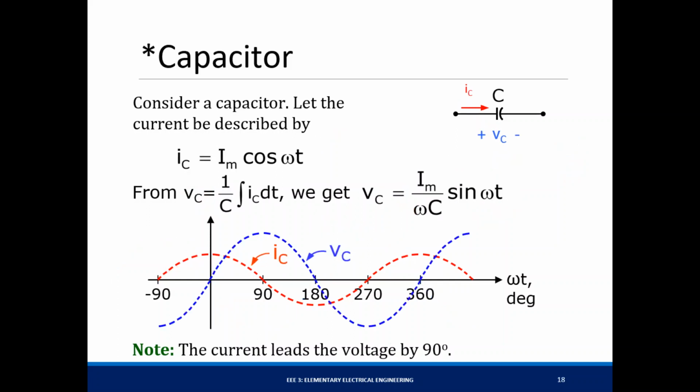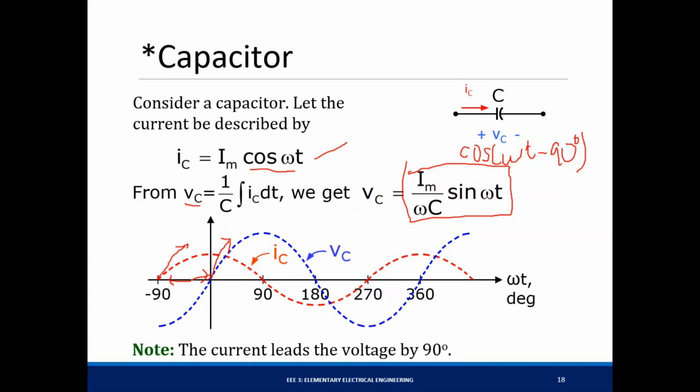Now let's look at the capacitor. If we let a current I sub m cosine omega t flow and get the voltage across the capacitor, we get this expression right here, which, if we express it in terms of cosine, is cosine omega t minus 90 degrees. Okay, so in this case, the current leads the voltage by 90 degrees. So the current rises first before the voltage rises. So there's a delay of 90 degrees from here to here. Okay,